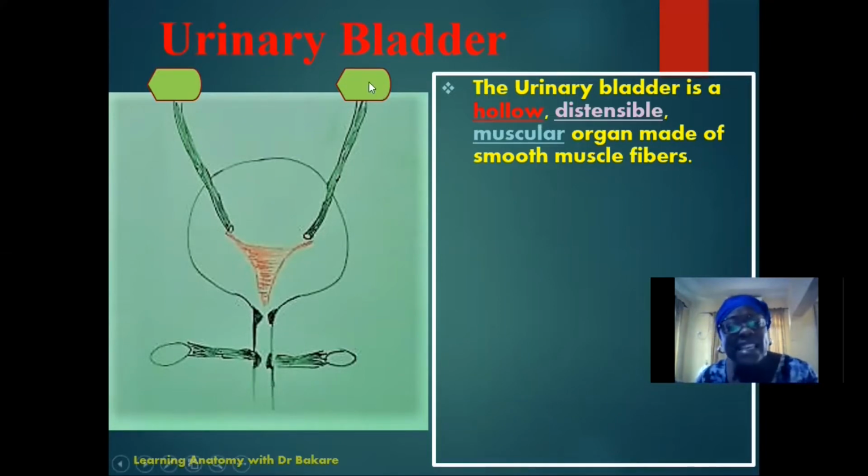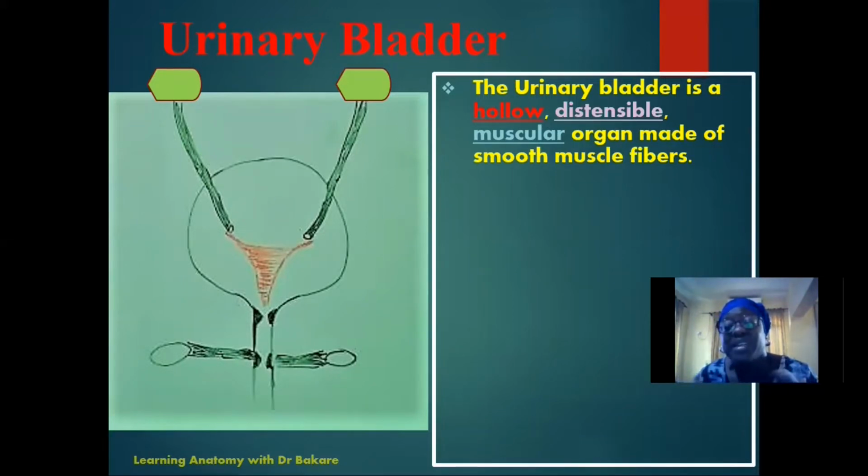So this is the kidney where the urine is produced, and this is directed through a pipe that is called the ureter. This is the ureter. From the ureter, it is being emptied into the urinary bladder, and it gets stored in the urinary bladder until the capacity can no longer expand to carry more, then a stimulus is sent to the brain to initiate the